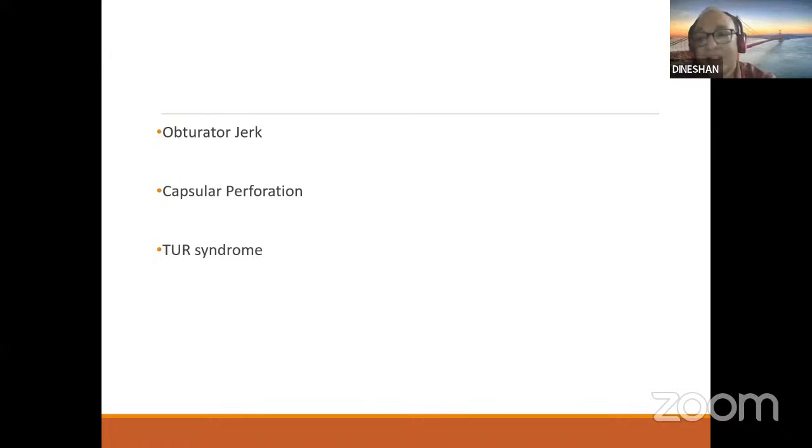The other signs are, one thing is you feel that the prostate is receding from you, because of the extravasation of fluid into the periprostatic tissue, the prostate will get elongated. So the resectoscope will have to move more and more inside towards the bladder neck, so that the tip of the end of the resectoscope outside the meatus will become shorter.